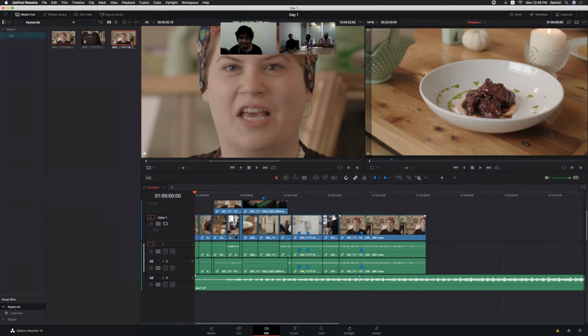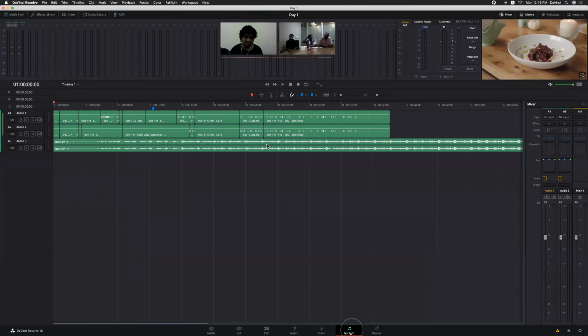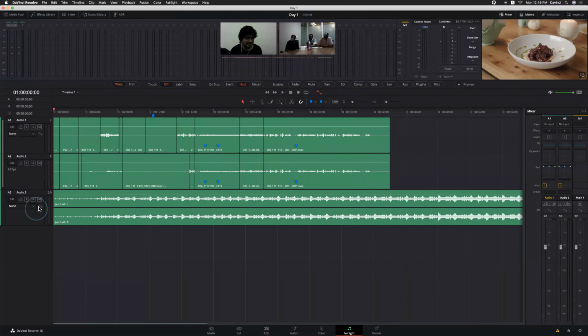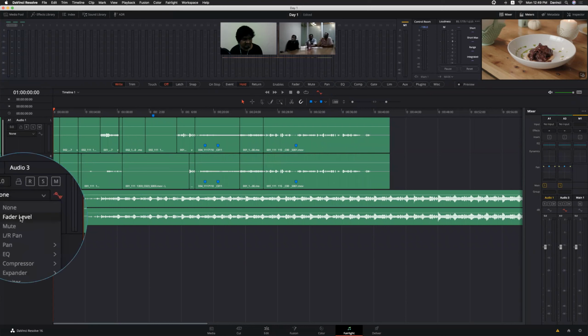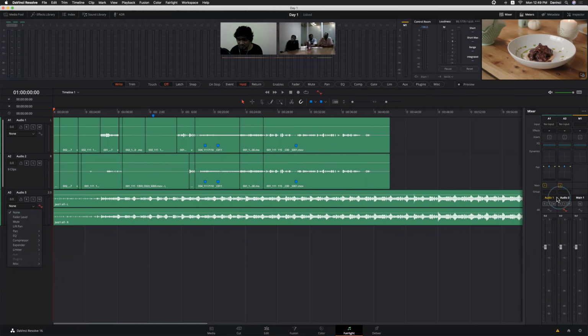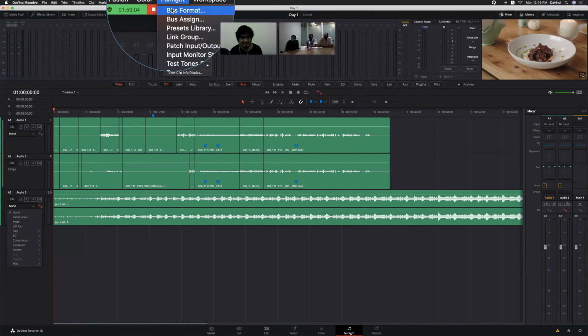We do have that keyframe recording for audio options, right? Yeah. Those options have moved from the edit page to the Fairlight page. We'll use the Fairlight page, how to create submixes and everything. We'll see in the Fairlight page.